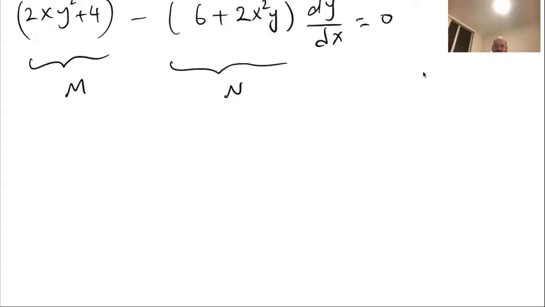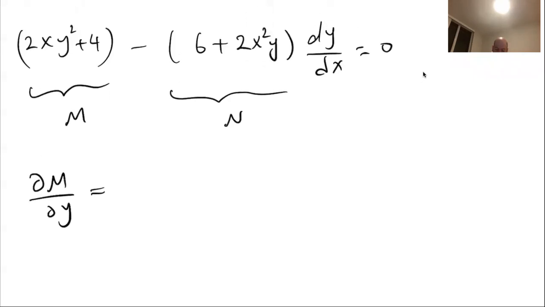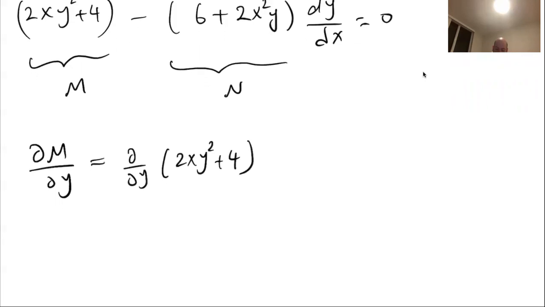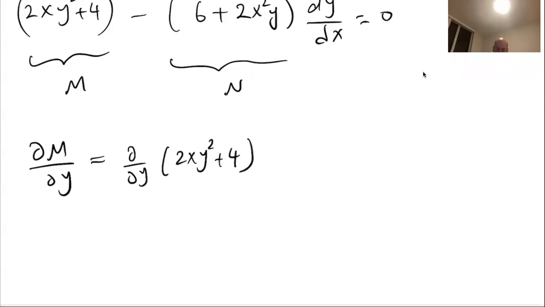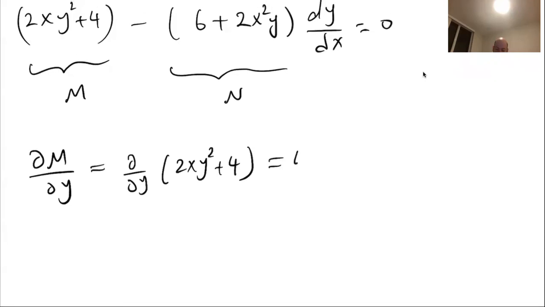So, all right, dM/dy is d/dy of 2xy squared plus 4. Now, for differentiating with respect to y, we have to assume x is a constant, and the derivative of y squared is 2y, and then 2x times 2y will be 4xy. And